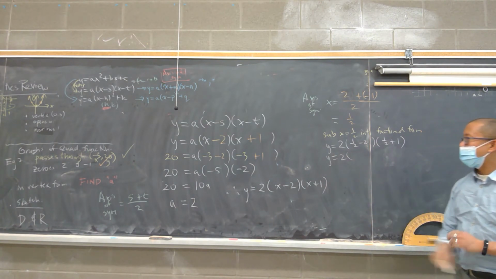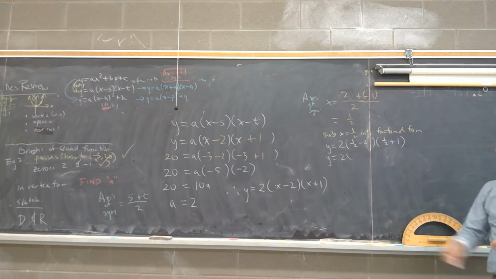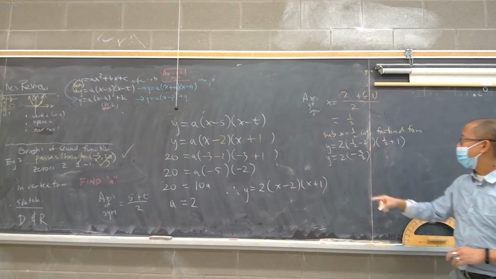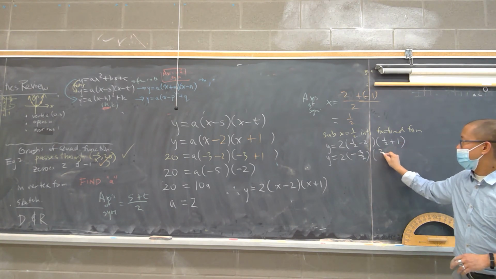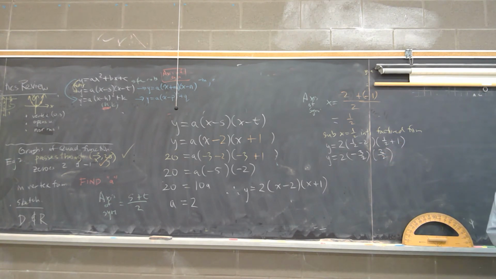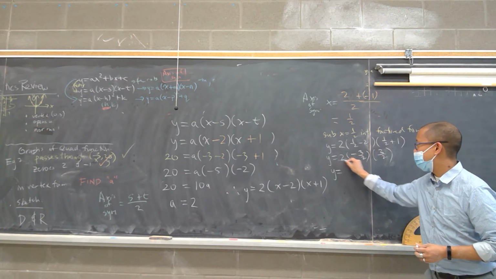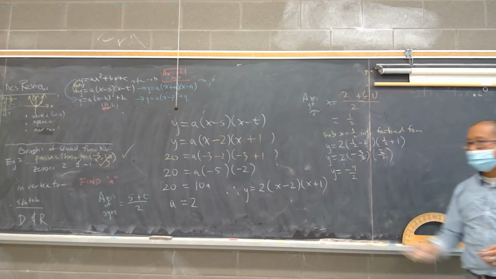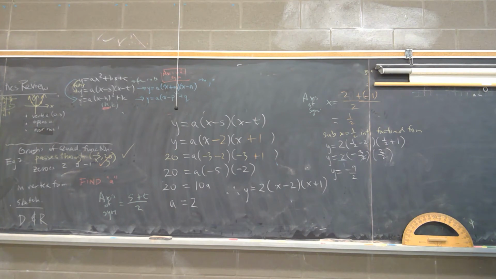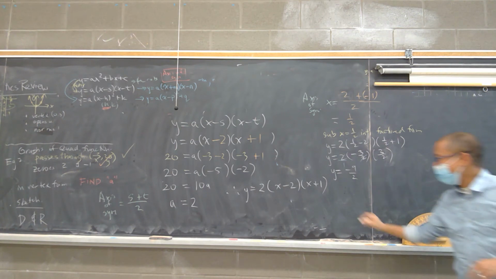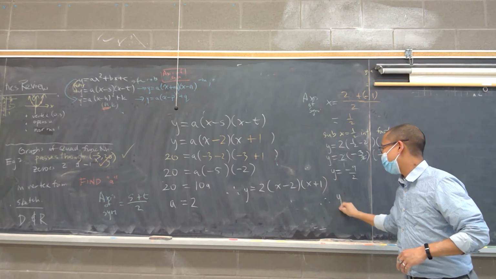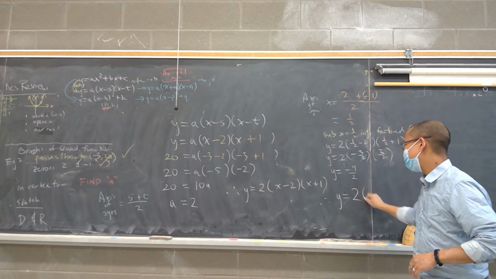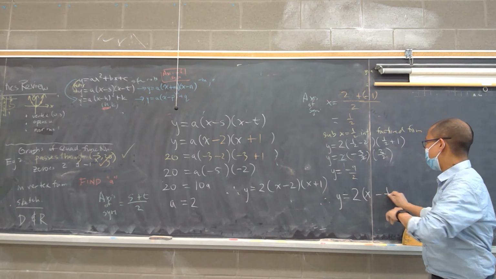y is equal to 2. 1/2 minus 2 is negative 3/2. 1/2 plus 1 is 3/2. So far so good? And then y is equal to negative 9 over 4. Cross out the 2, because notice it's a 2 over 1. 2 is divided out, so negative 9 over 2. Double check my math for me from the class. Is that right? And so therefore, the vertex form is y equals 2(x minus 1/2) squared